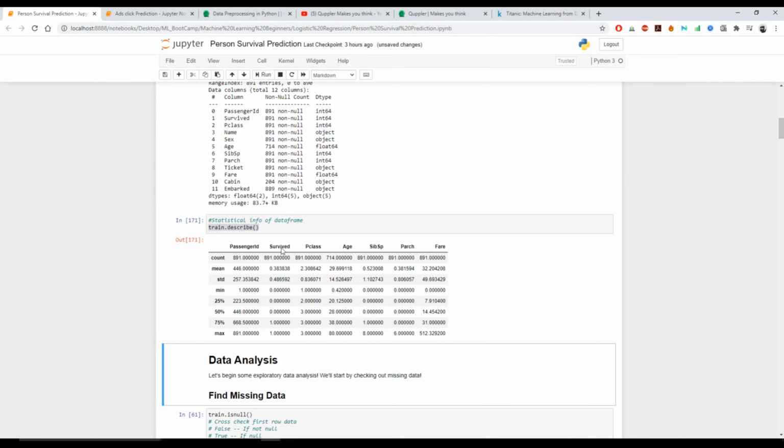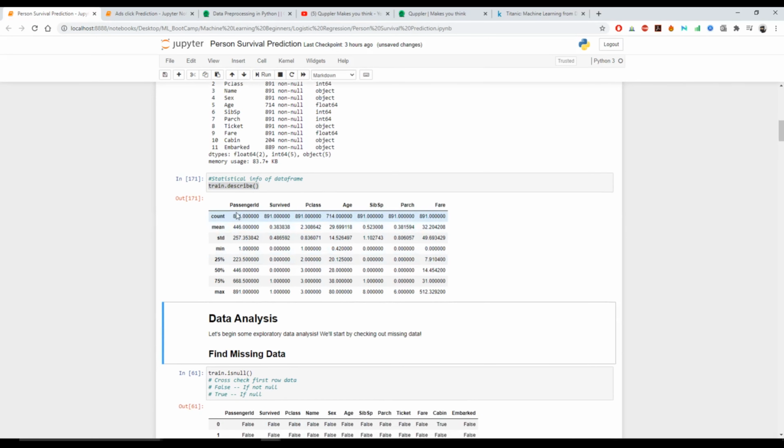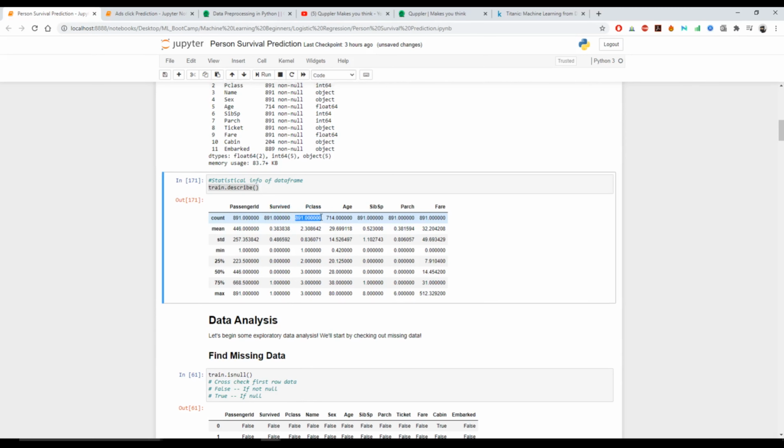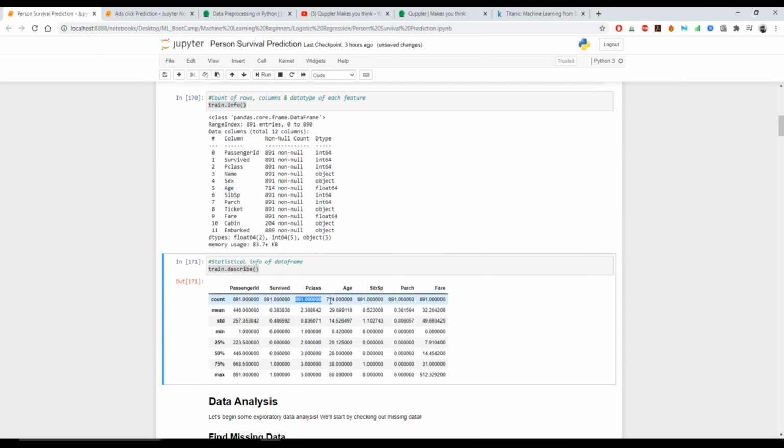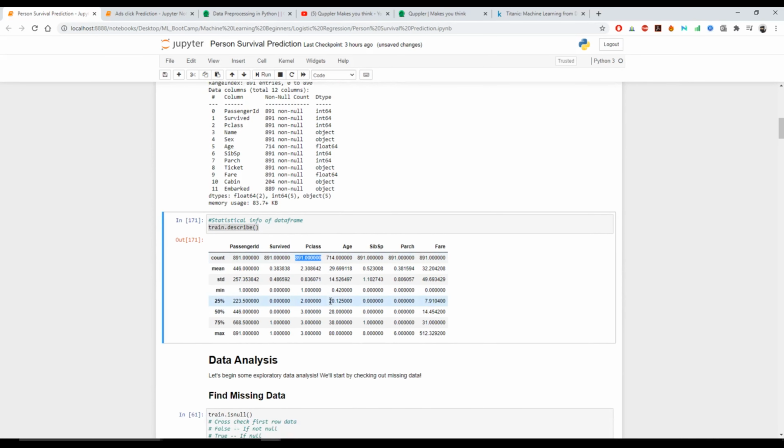Once you run this, you will see the count, mean, standard deviation, 25%, 50%. All this statistical information you get by just doing train.describe.